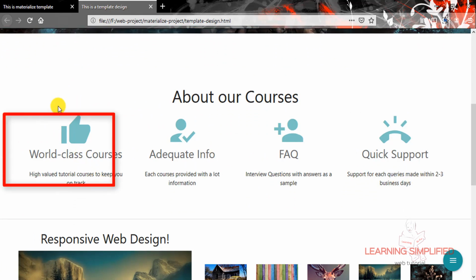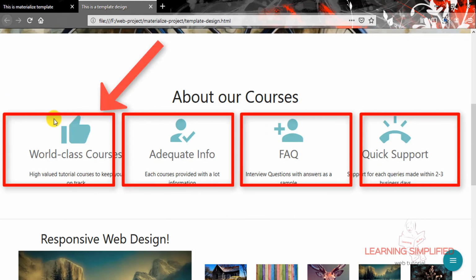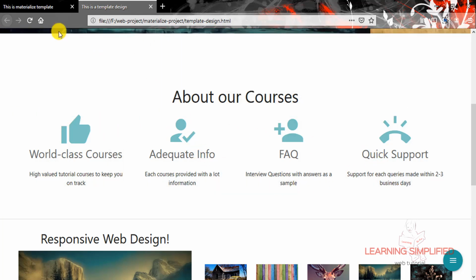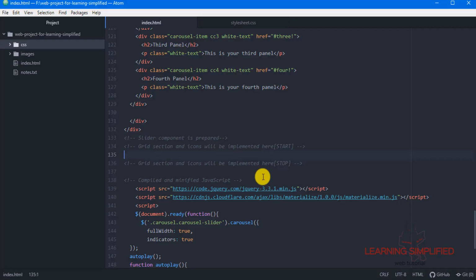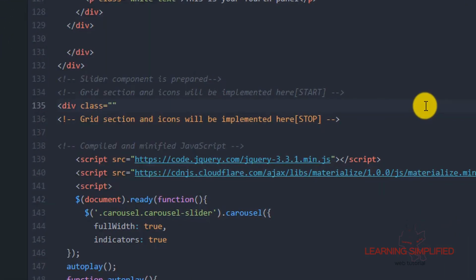We are practically about to create all those grid sections, and we are about to implement some kind of material icons into them, such that it goes well with our project. So let's hop in. First of all, this is the text editor that we are currently working on. This is known as Atom, and here we will be creating the grid section, the block section that we are about to create. So first of all, let's go. We will be creating a container class.